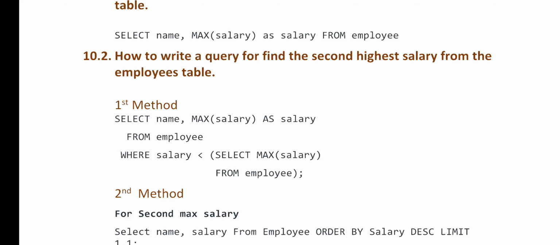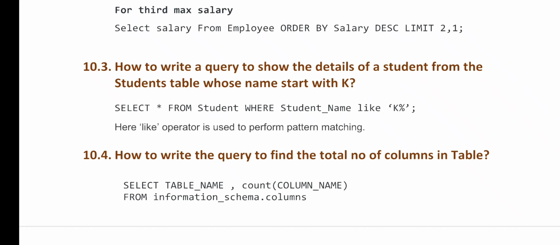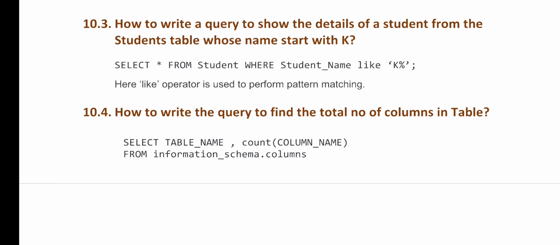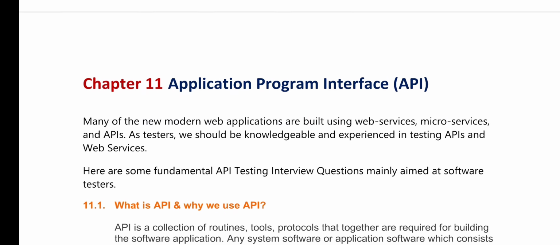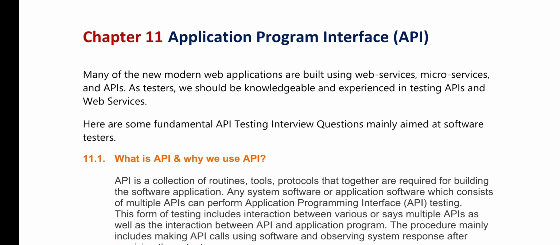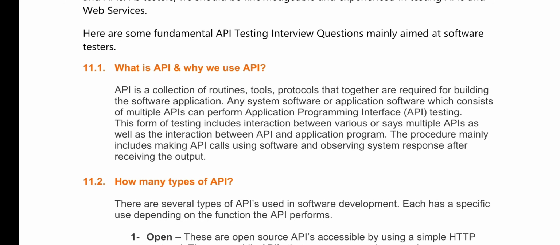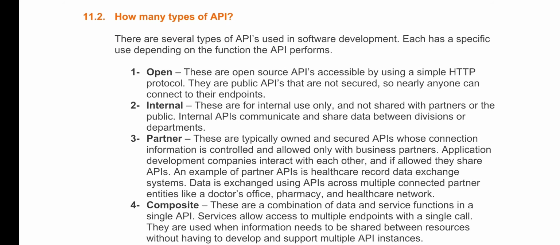how to write a query for finding the second highest salary from the employee table, and how to write a query to show the details of a student from the students table whose name starts with K. How to write the query to find the total number of columns in a table. In the chapter 11, we have discussed about the application programming interface. So here we have discussed about what is an API and why we use API,